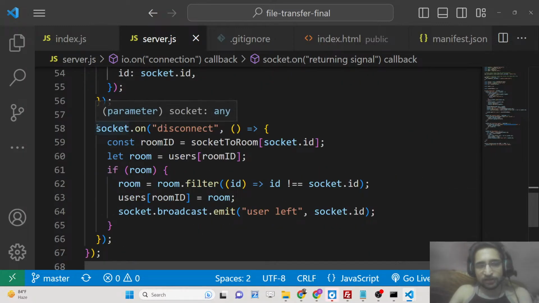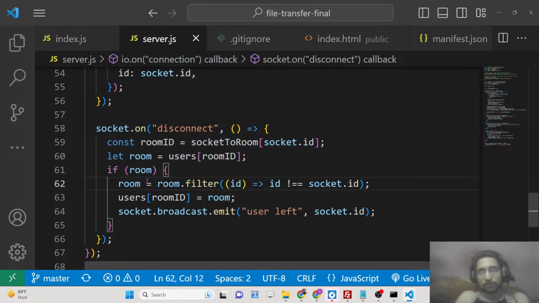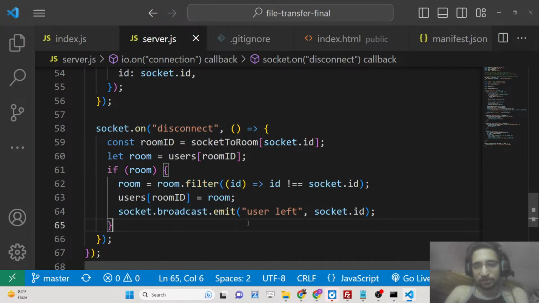So whenever the user disconnects guys, we remove the user from the room like this using this room.filter method, and we broadcast that the user has